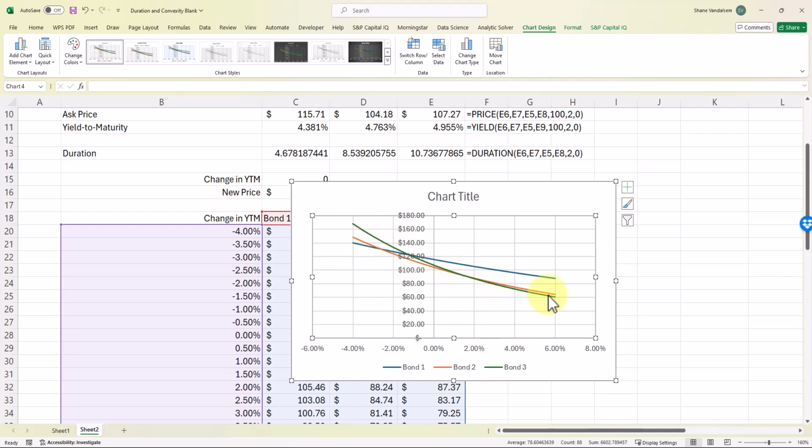So given changes in the yield to maturity, and it's not perfectly symmetrical because I wanted to go through for a 10% range in the change of the yield to maturity, but you can't go lower than -4% here because then you would have some negative yields to maturity and it messes everything up in the calculation. So I went from -4% to +6%, but even if we cut it off at +4% here, you can see that